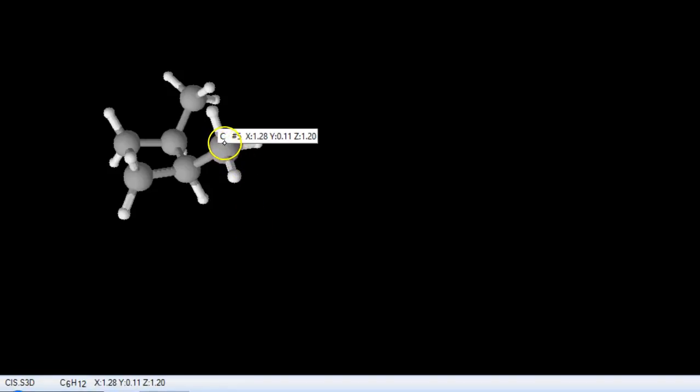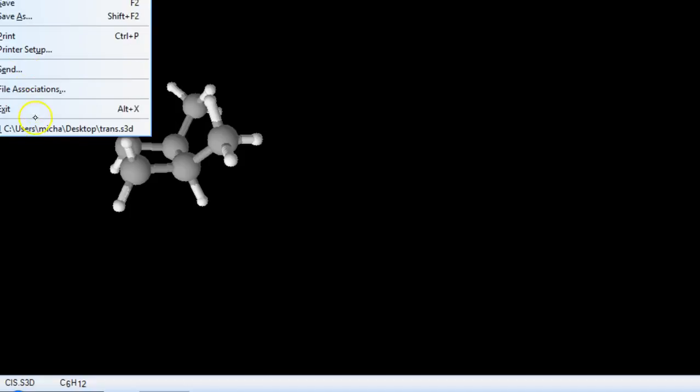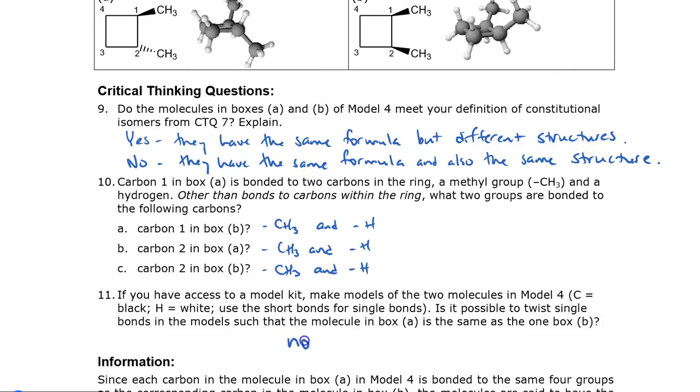The question is, can you take this methyl group here and move it down here where this hydrogen is by just twisting around it so that you can make it to be like this? I think that even if you don't have the models, you can tell by looking at this that that's not going to work out, because when you try to twist it, you would put so much strain on this central ring, and if I try to bring this one up here, it's just going to put that hydrogen into the middle. It's not going to work. So the answer is no, it's not possible.